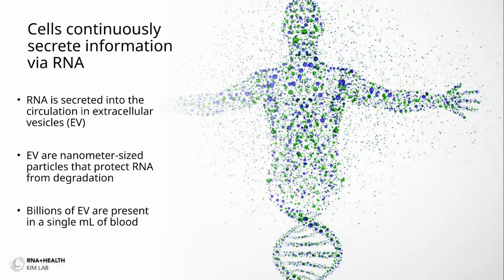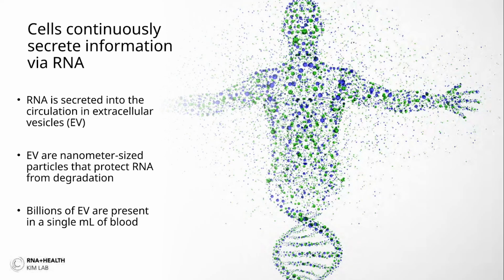And so, as many of you know, cells continuously secrete information throughout the body via RNA that's secreted in these extracellular vesicles. So if you think about all of the tissues and organs in our bodies, and all the cells that comprise them, it's estimated that there are about 37 trillion cells within the human body. These cells are just continuously sending out information about their state, whether they're healthy, whether they're diseased,